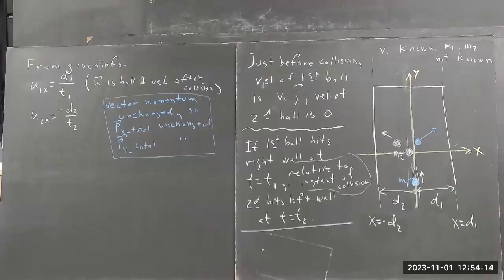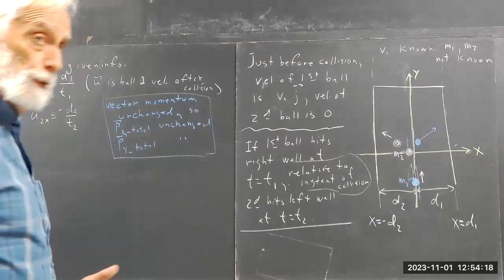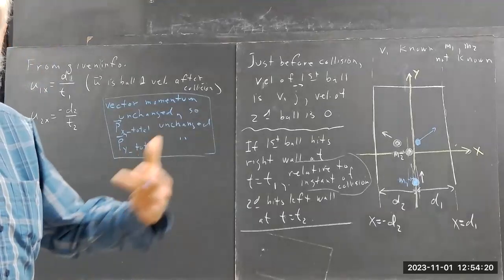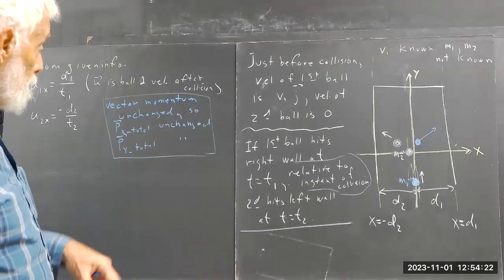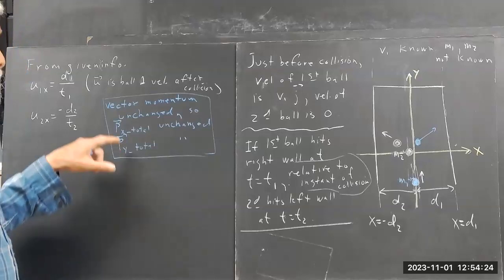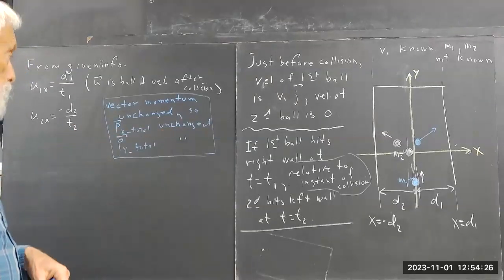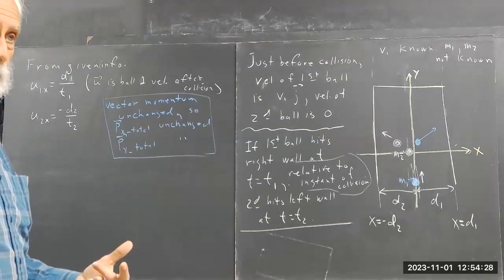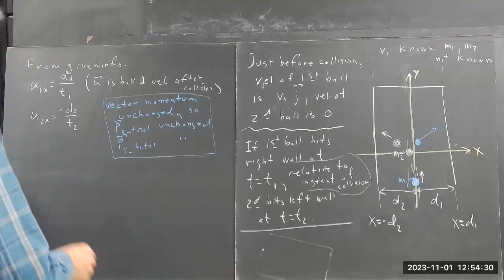Now, if PX total is unchanged, if your total momentum in the X direction, to just put it in words rather than symbols, because words can be easier to understand, or at least to clarify the symbols. Your total X momentum is unchanged. What's your total X momentum before collision? Well,